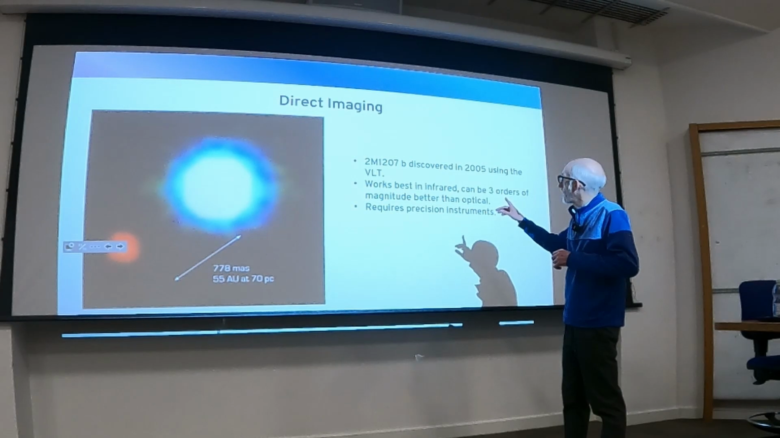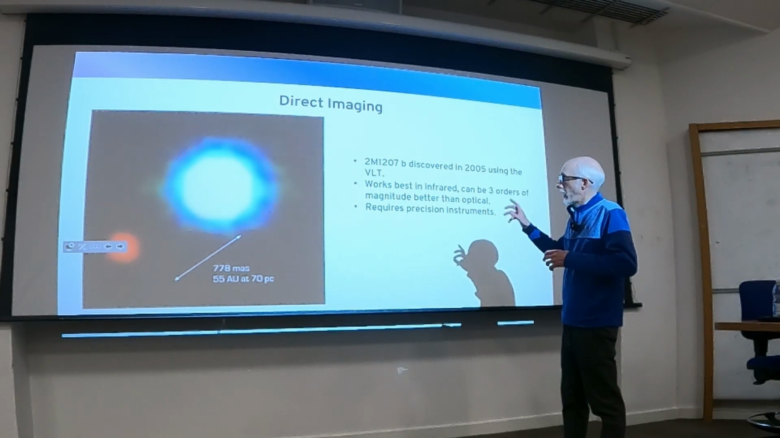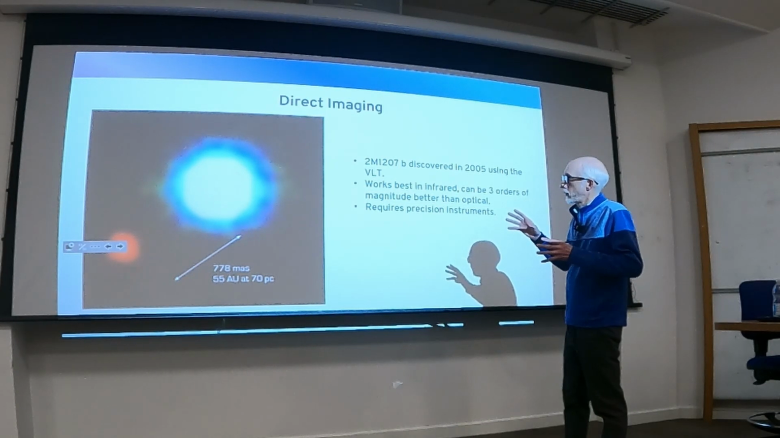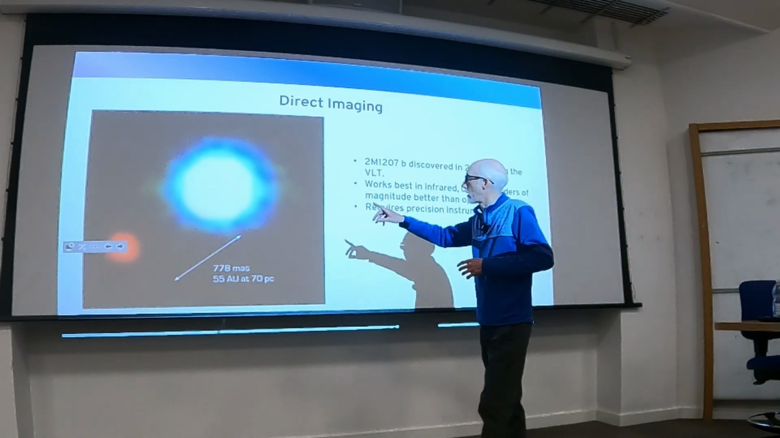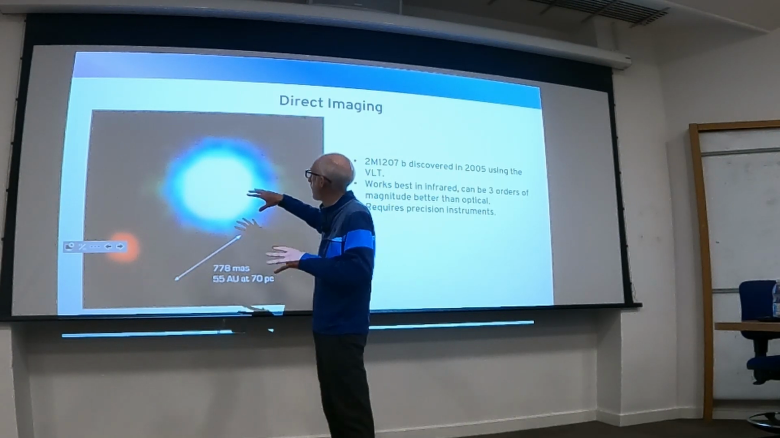It works best in the infrared, but it requires very precise instruments. Now this star is actually a brown dwarf. So this image has been